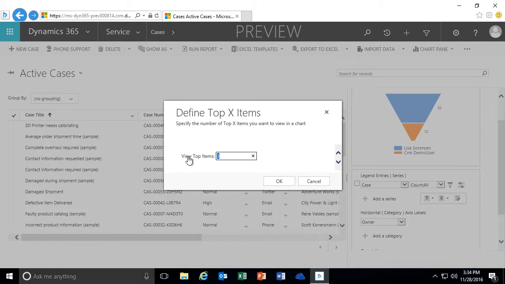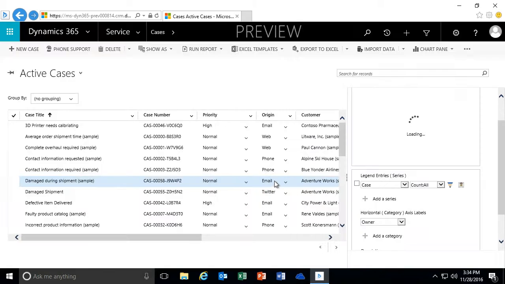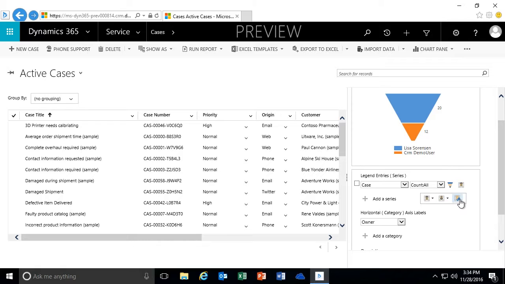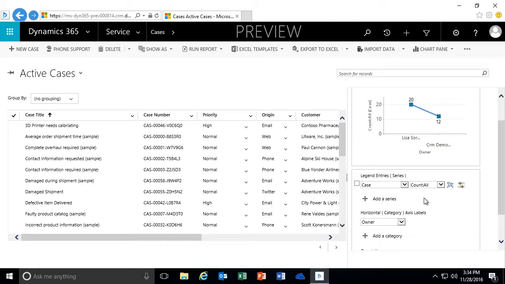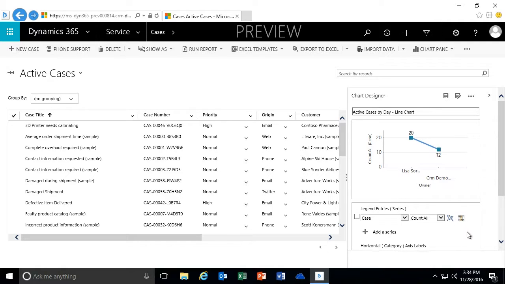So you'll see that if I wanted to, I could say, just show me the top 10. And again, it would allow me to filter down that information. Or I could clear those rules. So let's say, for example, that on this particular one, I actually want this to be a line chart. And so when I tell it that I want to look at the line chart,